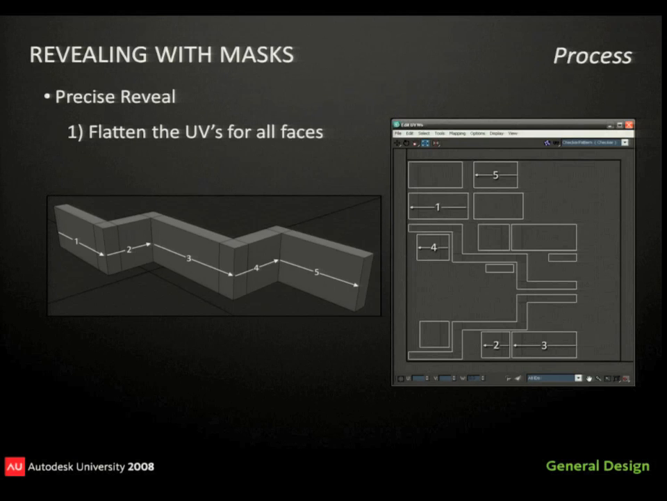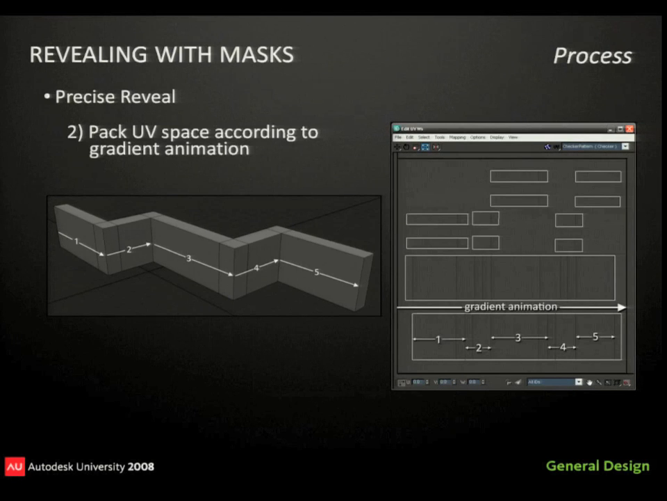By flattening all of the faces of your model, you'll be able to see them in the UV space, and you'll be able to orient them and place them in the order you want to make your animation. So that's kind of the idea. So if I want to reveal this model, for example, from phase 1, phase 2, phase 3, phase 4, phase 5, in that kind of direction, and I want the top to be revealing at the same time,